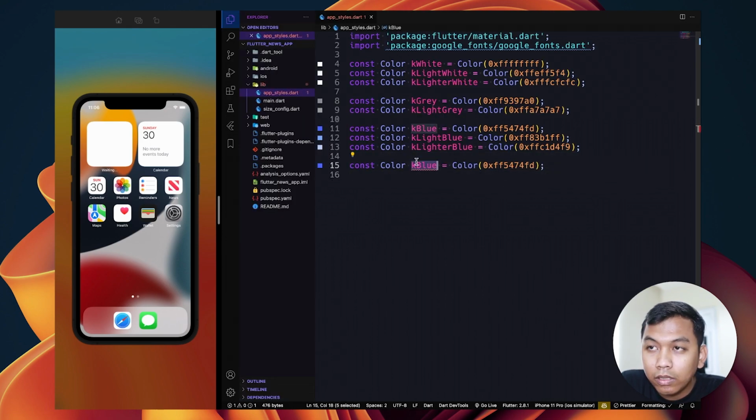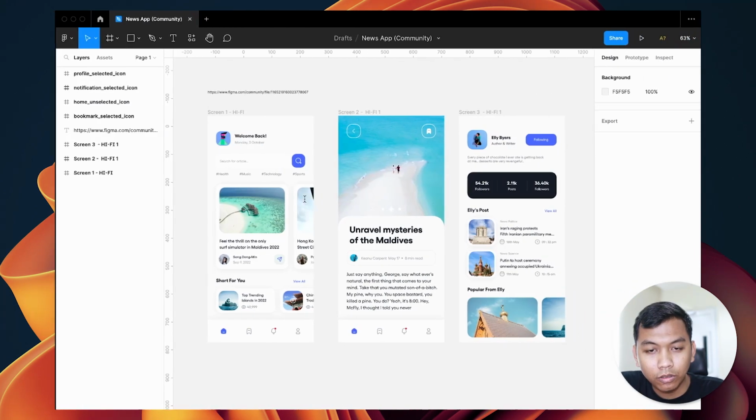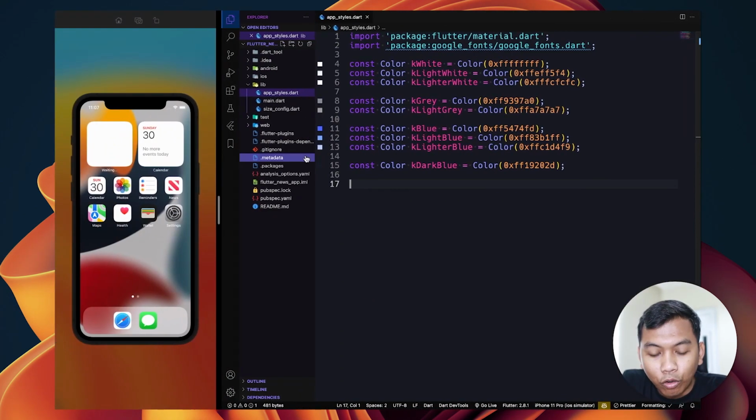And the last but not least, dark blue. It looks like this. And next, we want to set the style for font styling.